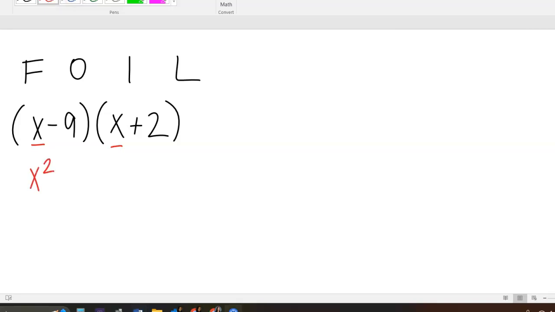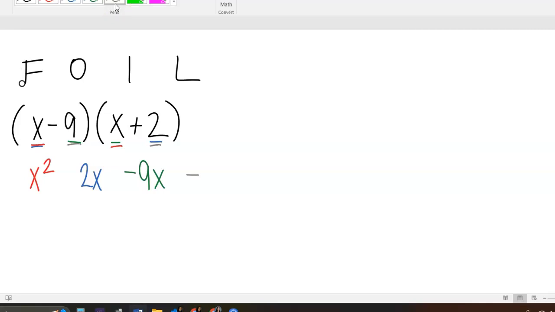And then O stands for outside. So that would be the outside term here and the outside term here, furthest on the outsides. Again, we're going to multiply. So that would be 2 times x. I stands for inside, so the inside numbers get multiplied, so that's a negative 9 times x. And then L stands for last, and that's going to be multiplying the back two numbers together, negative